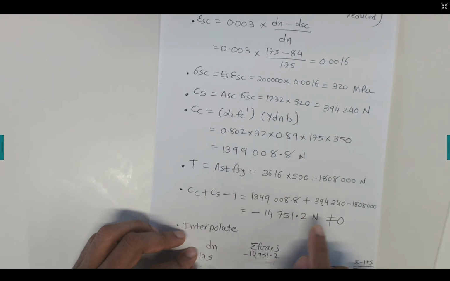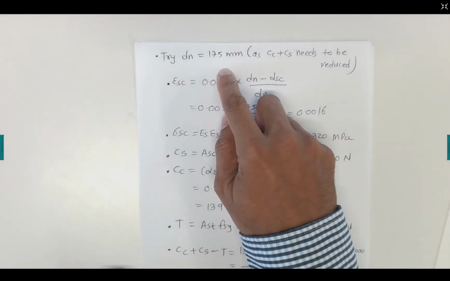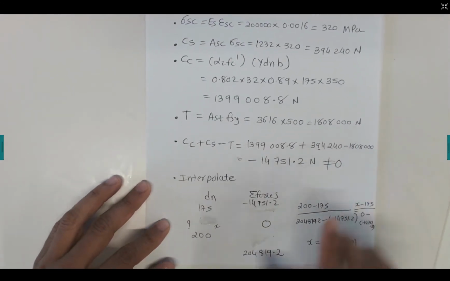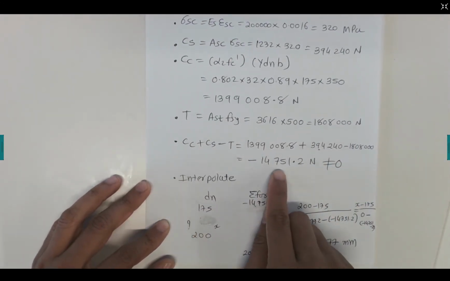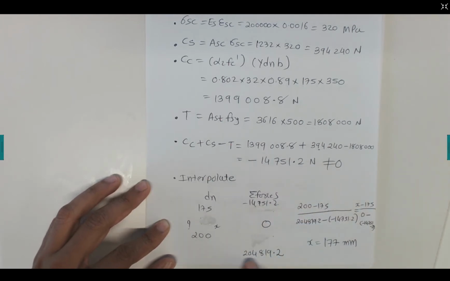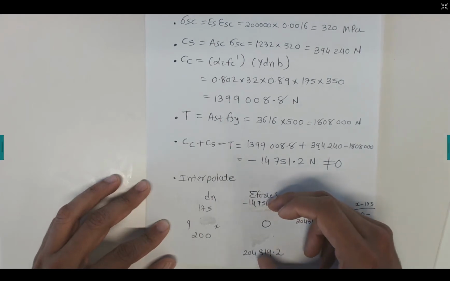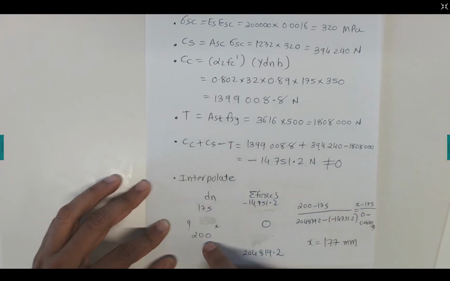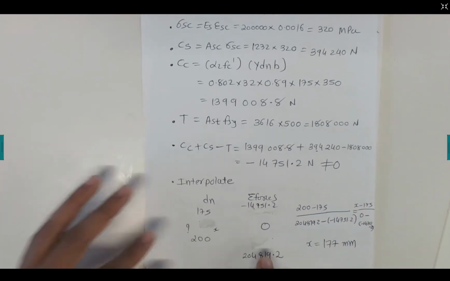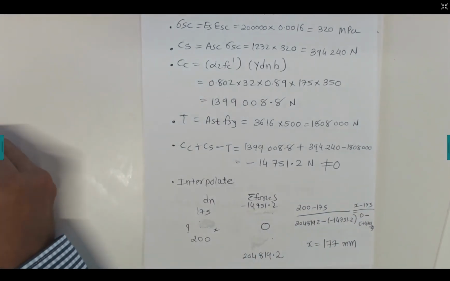If it is not 0, it's again not equal to 0, so 175 is not correct. Now we know that at 175 the force is 1475.1. At 200 we know that it is 248.19 because it's negative now, so the number should be between 175 and 200. And this 200 we calculated in the previous step, where we have this